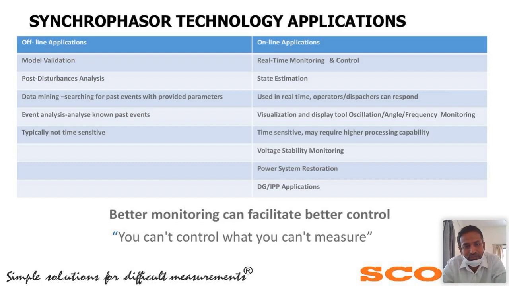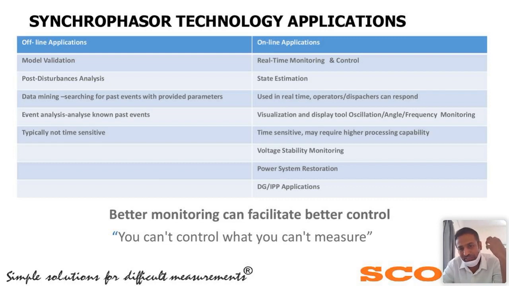So I was also earlier telling what the difference is between the offline applications and the online applications we are doing. An offline application is something like SCADA, like data validation and post disturbance analysis. After we use the SCADA, what happens?